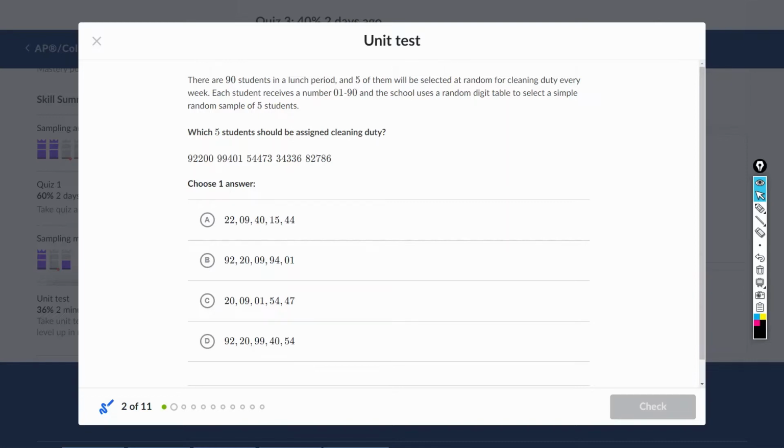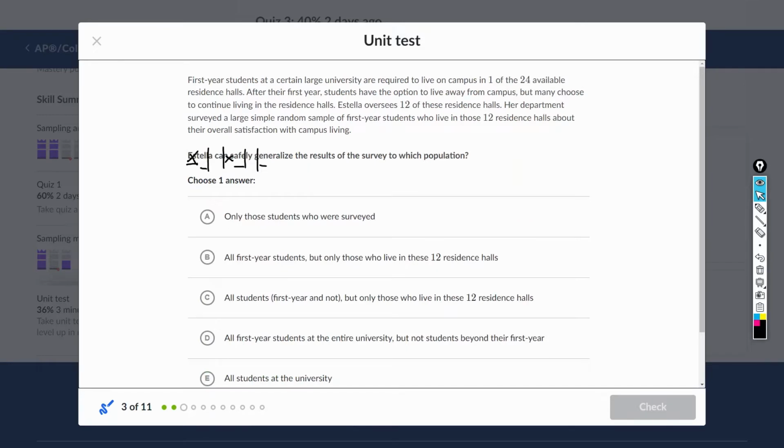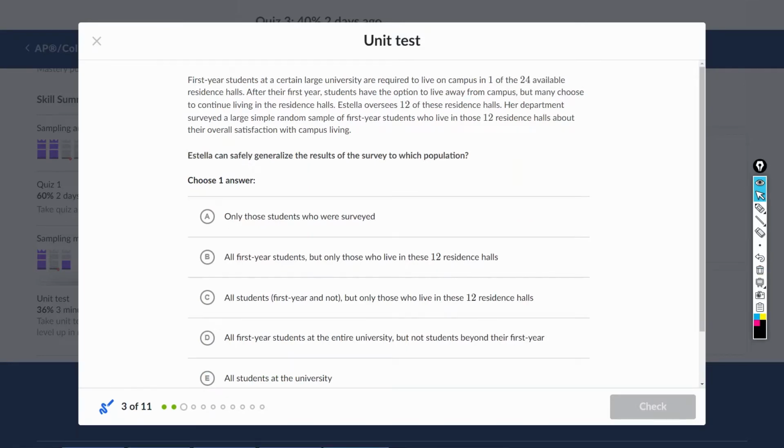Which 5 students would be assigned cleaning duty? 那么它就是两个读的，第一个92放弃，第二个20，第三个09，第四个94放弃，01、54，然后47，所以答案应该是20、09、01。OK，这个好的。看下一个，First-year students at a certain large university are required to live on campus in one of the 24 available